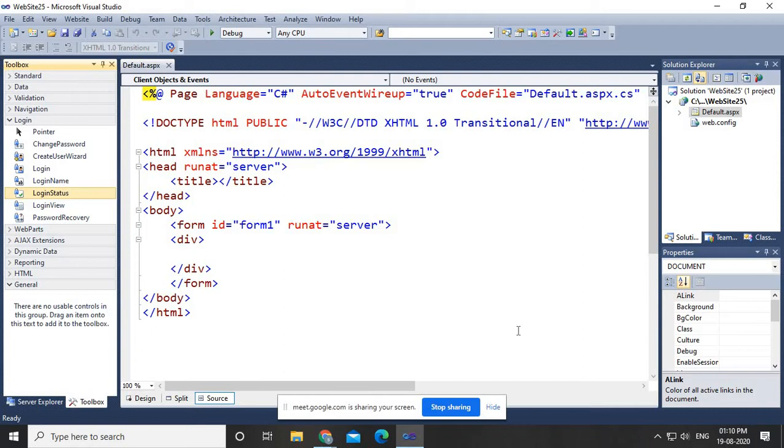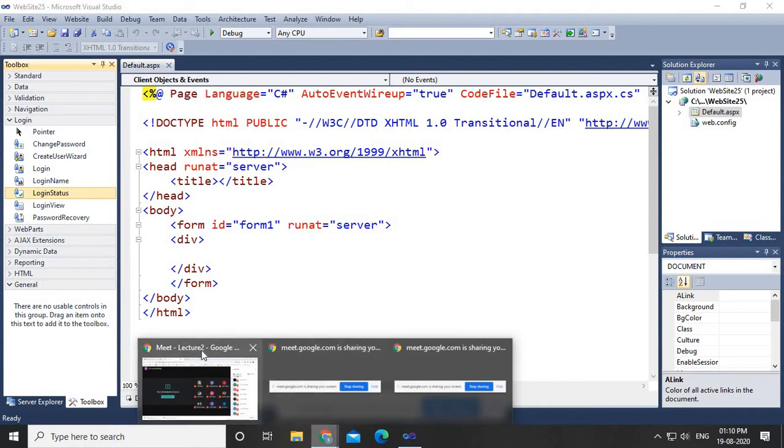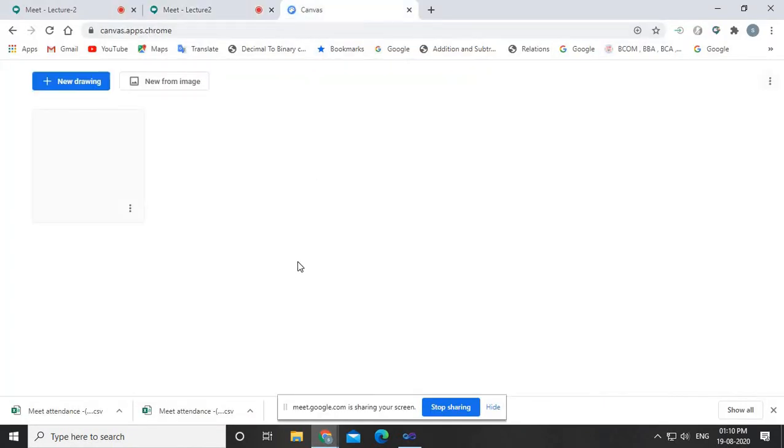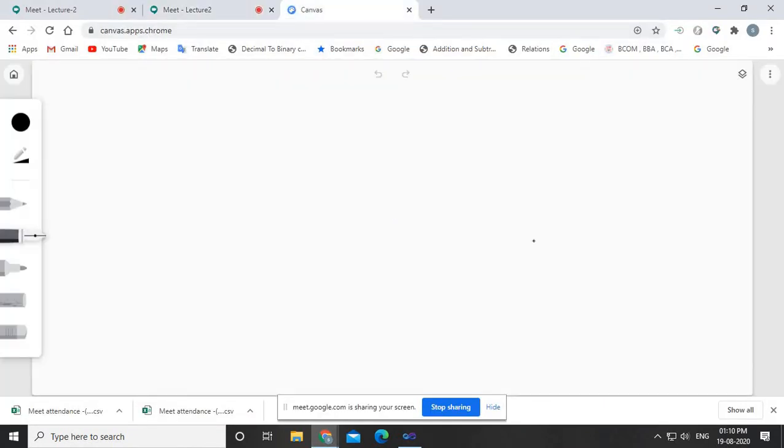Before going into the detail of how we can enforce the security, one more thing I would like to discuss with you, and that is role management. What actually is a role? It is a kind of group, either you can say a group. Now it is a group of what? It is a group of users.